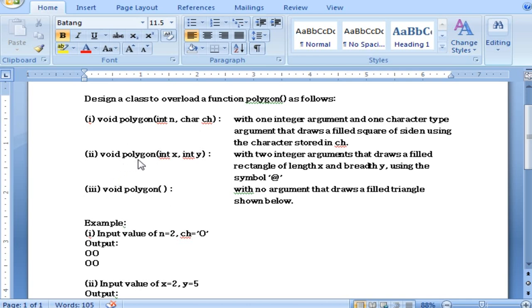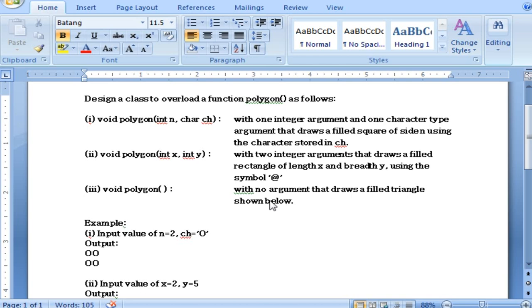Second one, void polygon with integer x and integer y. So again you have two integer arguments. Here it will draw a filled rectangle with length x and breadth y, with the symbol which is given in the question, that is @. And the final function doesn't have any argument, but it prints a filled triangle.